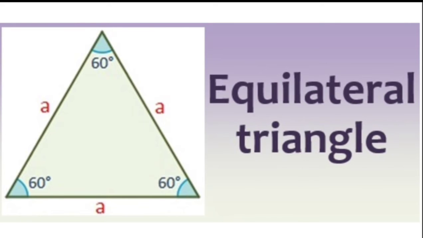See, this is an example where this side length is A, this side length is B, and down one is also A, this is also A, and down one is also A. That means all three sides are of equal length. And could you see all the angles are also the same? This is also 60 degrees, this is also 60 degrees, and this is also 60 degrees. Understood, students? So an equilateral triangle has three equal sides and three equal angles.